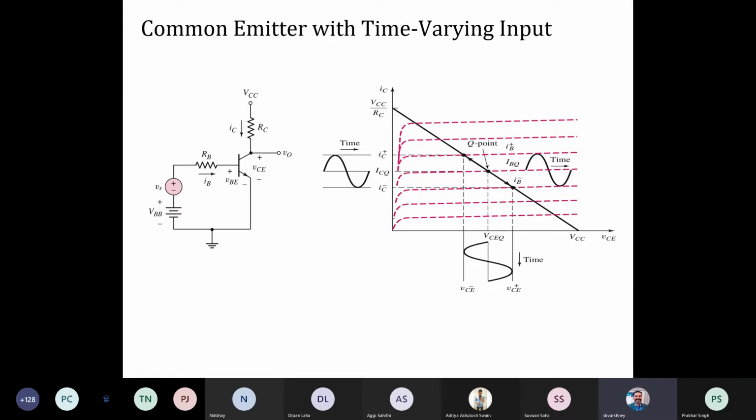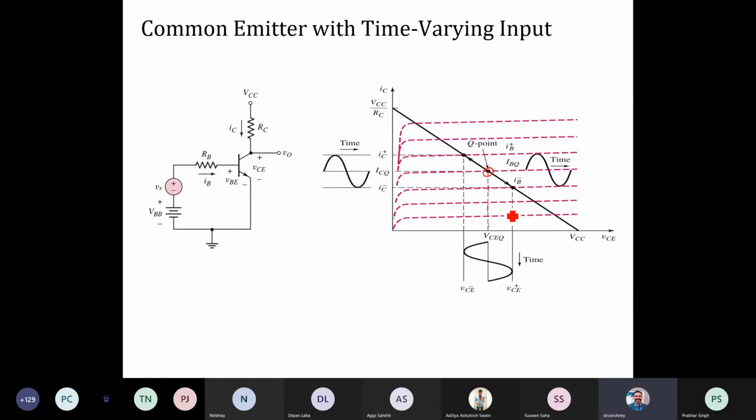So okay, this is what you have. This is the output characteristic of a common emitter. What you see on the x-axis is VCE, and on the y-axis is the collector current, and this is for different base currents. So this is the biasing point, let's say this point is the biasing point, the Q point. Correspondingly you get a value VCEQ, and correspondingly you get ICQ.